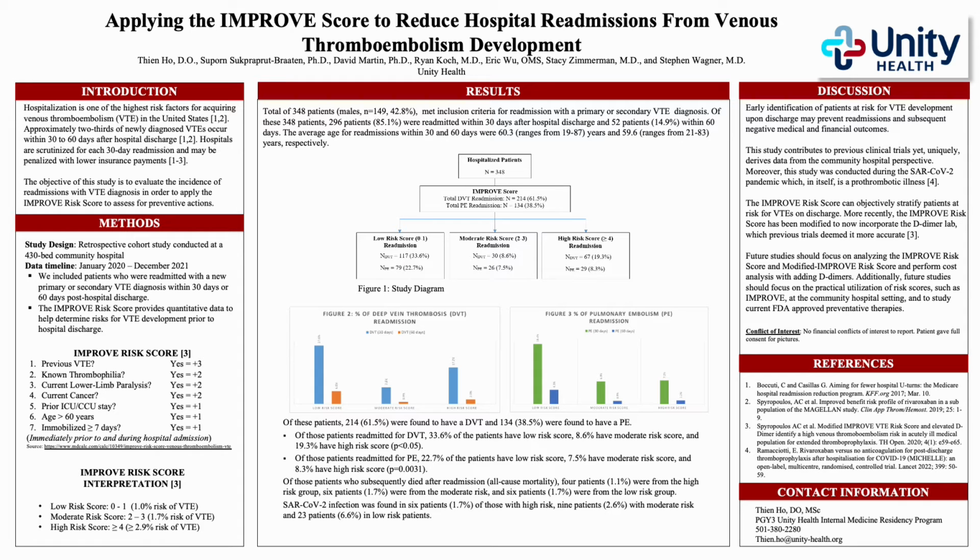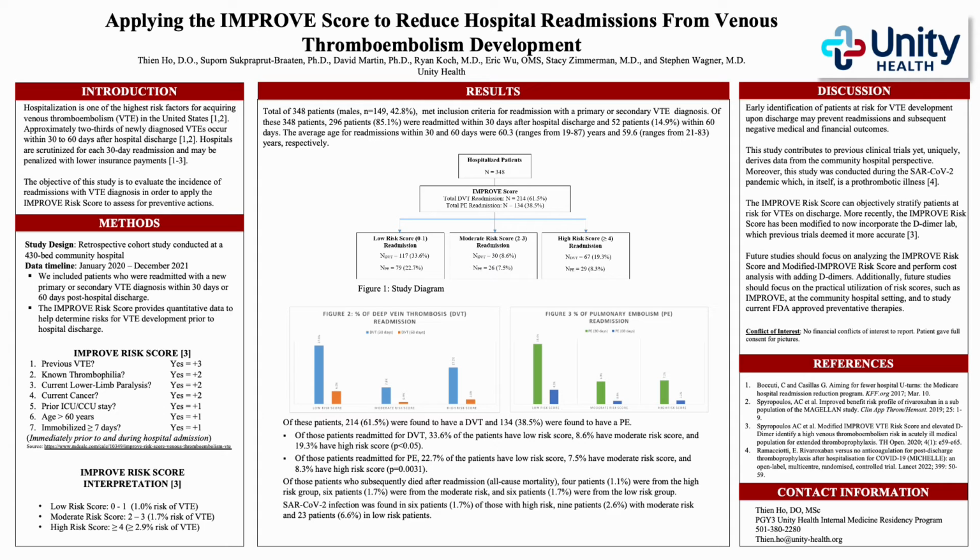Overall, we have provided evidence that even patients who have low IMPROVE risk scores can develop VTEs, and if this algorithm were to be used in a hospital setting, providers will have to use their judgment on when and how to intervene. But not recognizing this concern at all will continue to be detrimental to both patients and the hospital. In this study, we show that the IMPROVE risk score can objectively stratify patients who are at risk for VTEs on discharge, and that it can be applied in the community hospital setting.